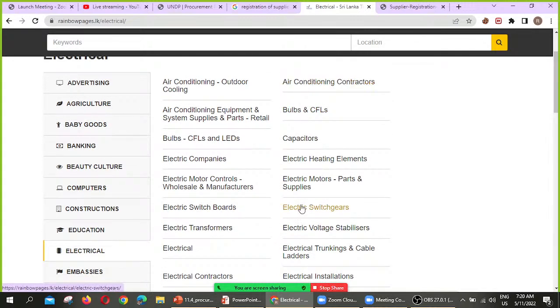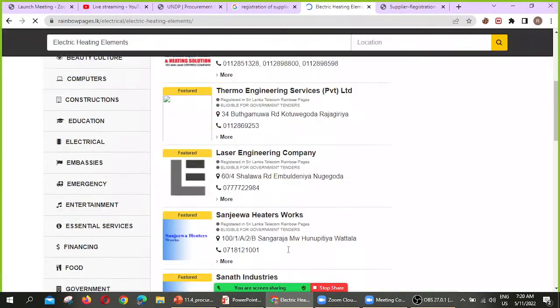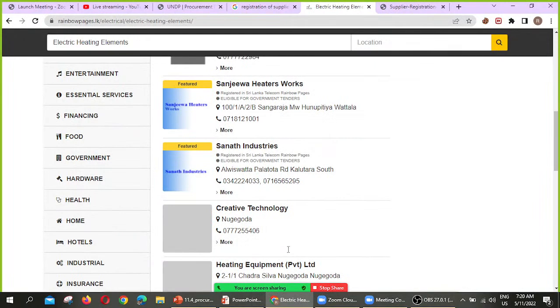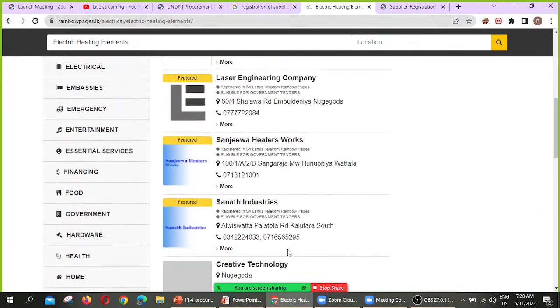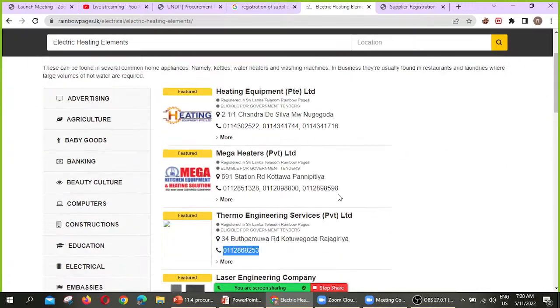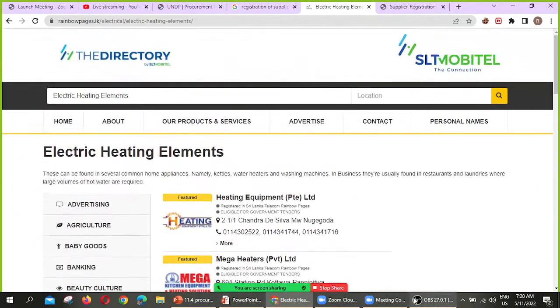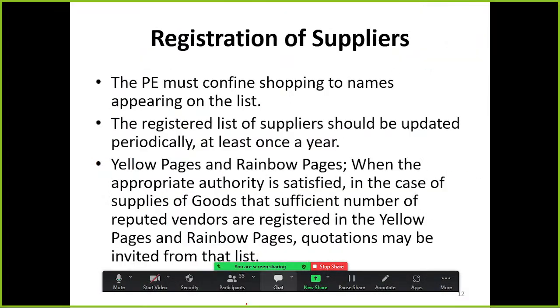So I click electric heating elements. Here is a list of suppliers. So the procuring entity can choose from this list and directly get the quotation from them. Right? Any questions?